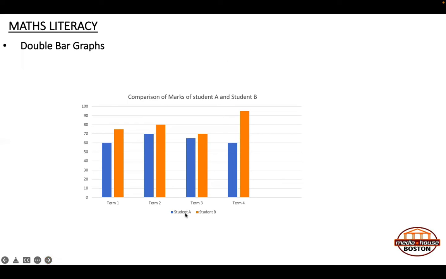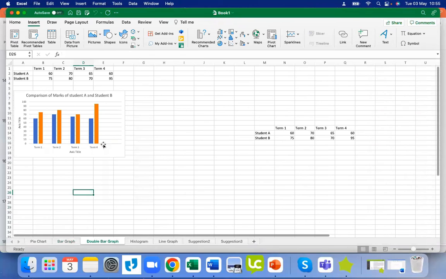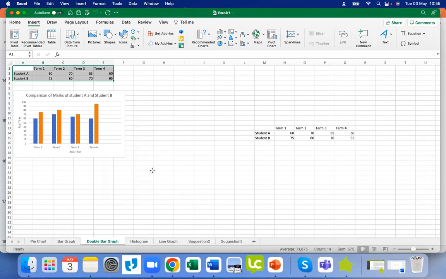Okay, we can see student A, student B, and then we get 0 to 100 on the y-axis, and then we have the terms on the x-axis, and then the chart title. So let's have a look at how we do it in Excel. So here we go. Notice how I input the information into Excel. Okay, so I have term 1, term 2, term 3, term 4, student A, student B,